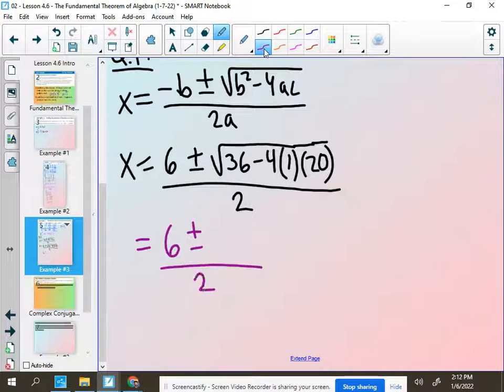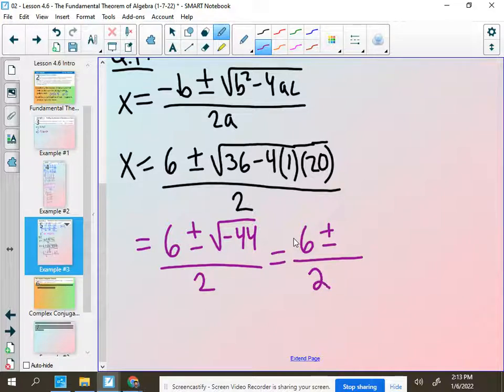It's really just a matter of what's my discriminant. Remember what we called this number, 36 minus 4 times 1 times 20. That's 36 minus 80. I think we're talking 44 there. Actually, I'm sorry, negative 44. Okay, so all I did was simplify what was underneath that big square root. From here, if I'm 6 plus or minus